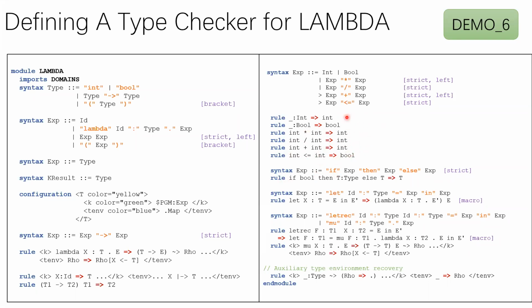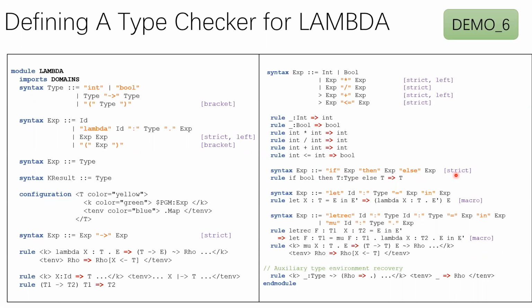Also note that the concrete values are no longer K results, and they're not the evaluation results. So the types are evaluation results now. And also, the typing rule for if and else is: if bool, then a type, else a type. And the point is these two types must be the same. So the if and else is no longer strict in only one argument. It is strict in all arguments,